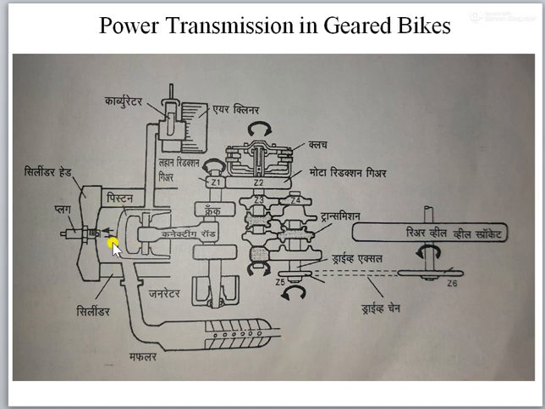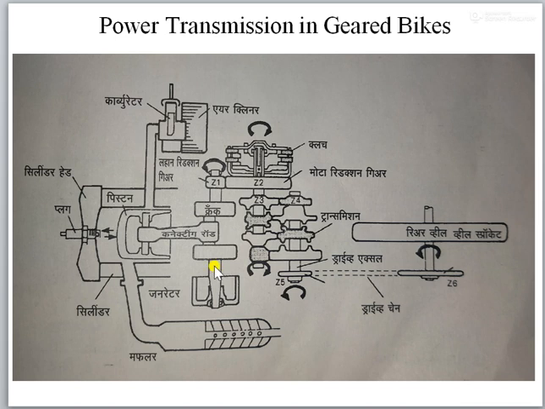So this is our engine component. This is our piston, and the piston is connected to the connecting rod via this gudgeon pin or wrist pin. This is the intake inlet of the engine, and this is the outlet or exhaust port of the engine. This connecting rod is connected to the crank. This is our crankshaft, and the crankshaft and the connecting rod are connected with the help of the crank pin. Whenever the piston moves up and downward, with a reciprocating action inside the cylinder, at that time the crankshaft starts to rotate.